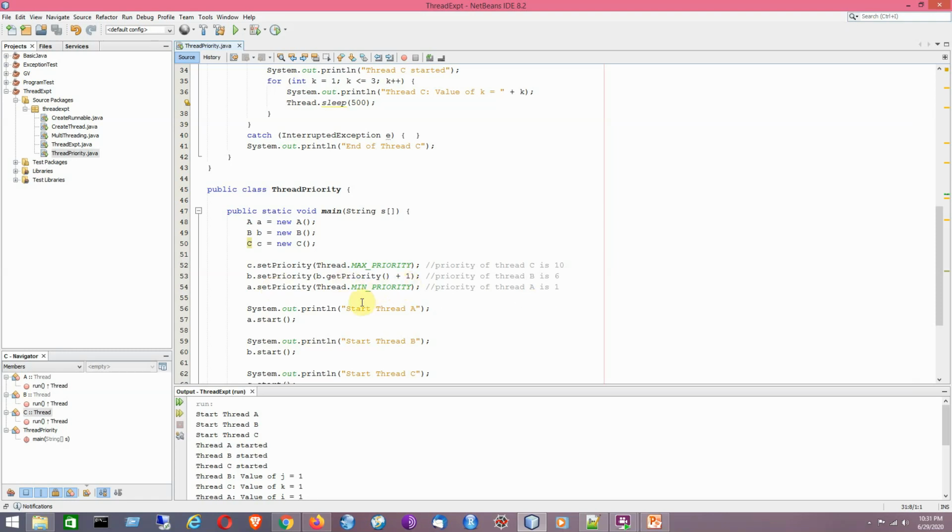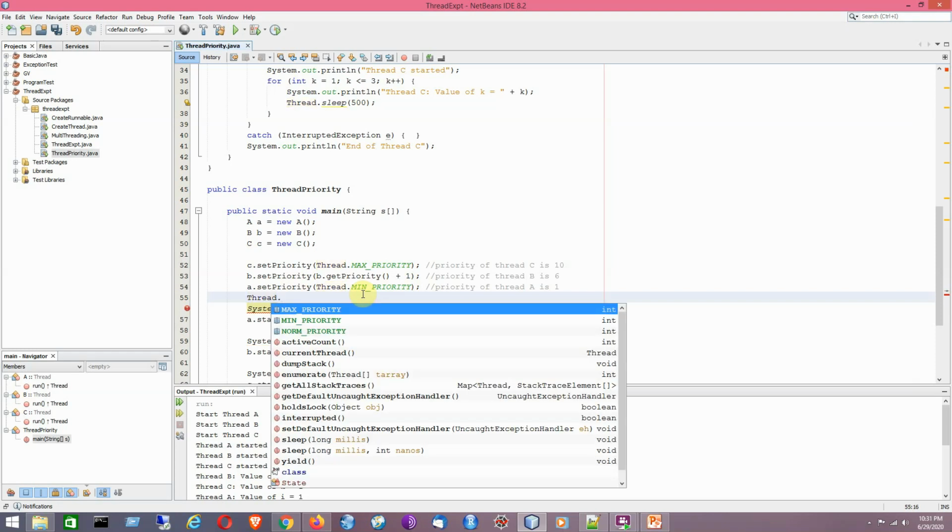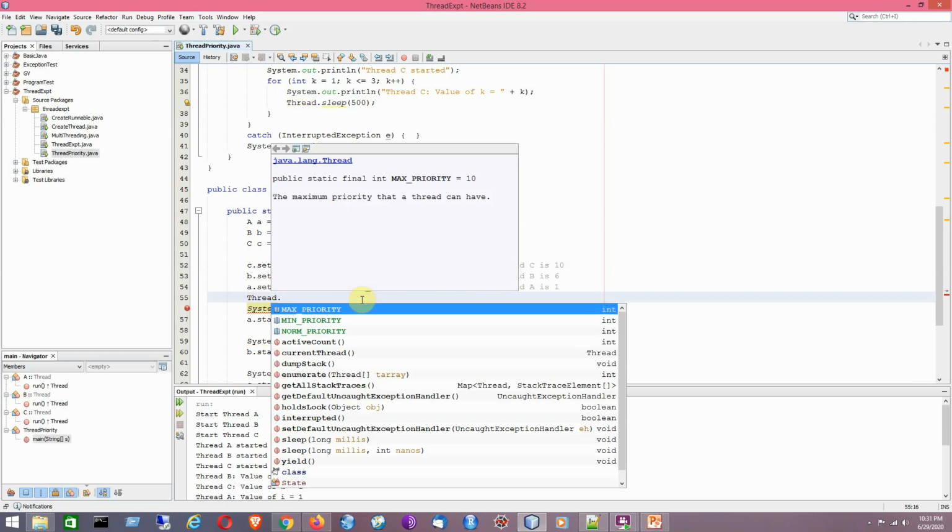So all these are basically fields of the Thread class. Just have a look at it. It is showing the constant fields of the Thread class, like MAX_PRIORITY, which is public static final, and the value being 10, the maximum priority.